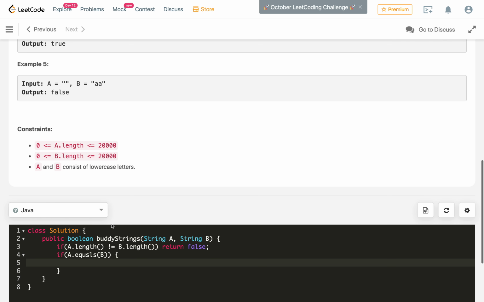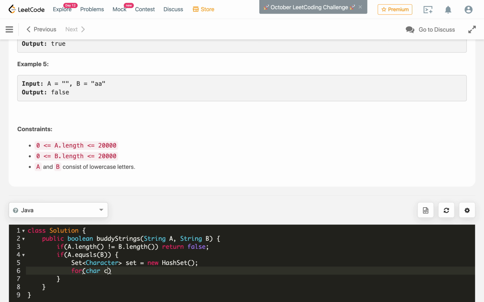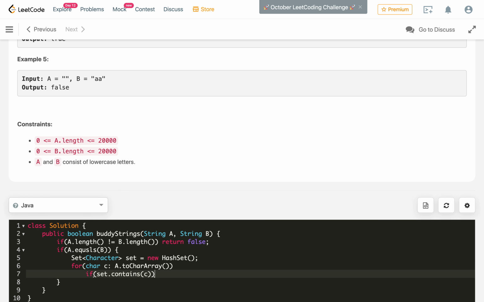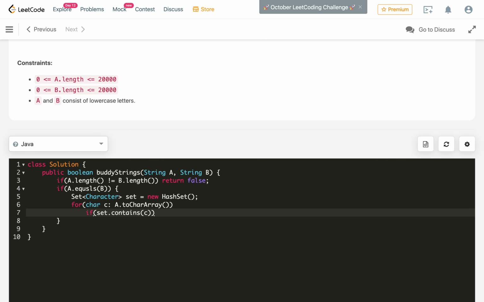So in that case we will check with a set of characters, a new hash set. Then we will iterate through the characters in one of the strings, let's say A.toCharArray. If we find the set already contains the character we are processing, it means we found at least two characters in the string which are the same, then we can swap them, and once we can swap them we can return true.